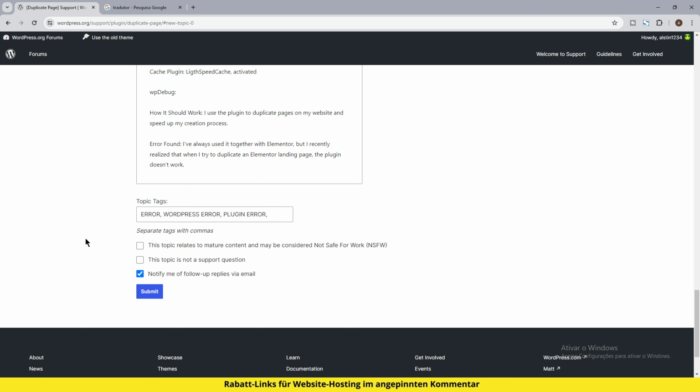I think these 2 won't be important. You can read them and see if it's worth marking, but I do think the last will be useful for you. I recommend that you mark the last one because it will allow WordPress.org to notify you by email when your ticket is answered. You can now submit, but before that, I will ask you to do something very important